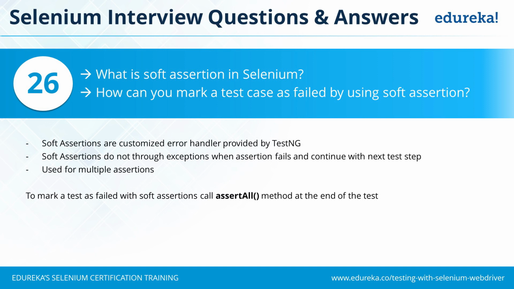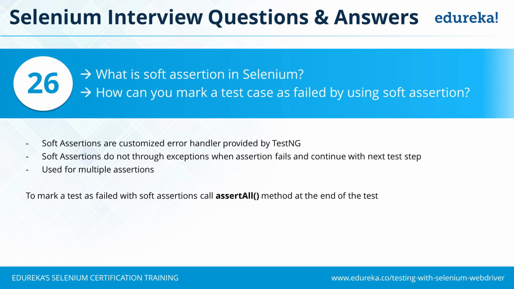If a hard assertion is in place, then your test case ultimately fails because the hard assertion has failed. But if you have soft assertions and all the soft assertions fail, and your last hard assertion passes, then the test case will be declared as pass. It won't fail because no exception was thrown by the soft assertions. So basically they use this for multiple assertions.